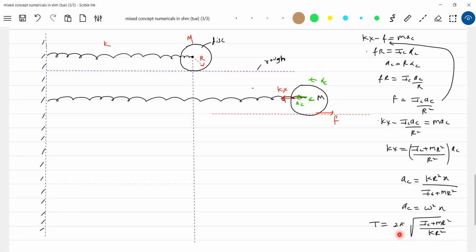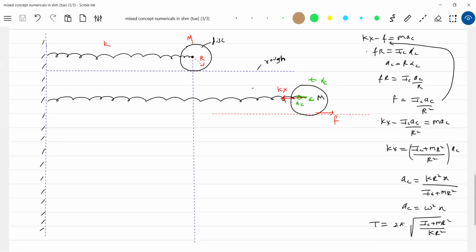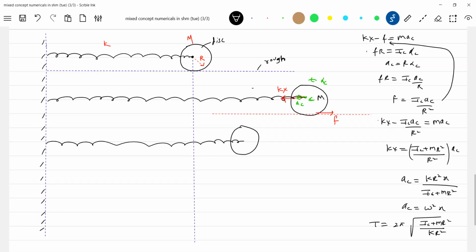We got the time period. Okay, let's study the motion. What is the role of friction? This is something very important. I just picked up this problem to learn more about the rolling friction here. Now, what will happen after some time? It will be like this. This will be alpha, this will be acceleration AC. The friction will be acting here.